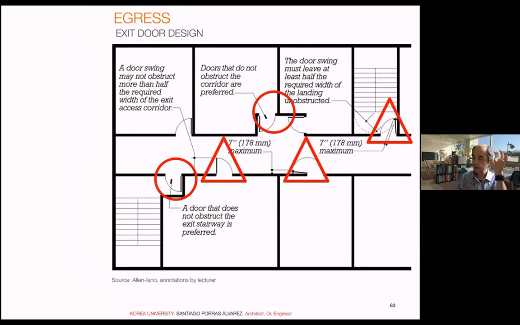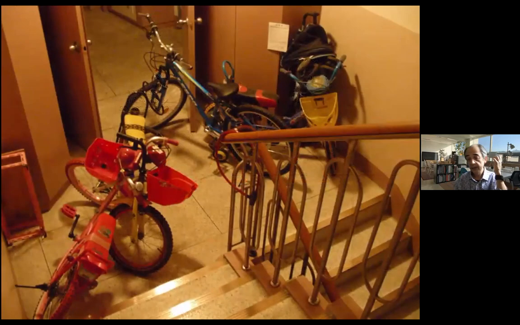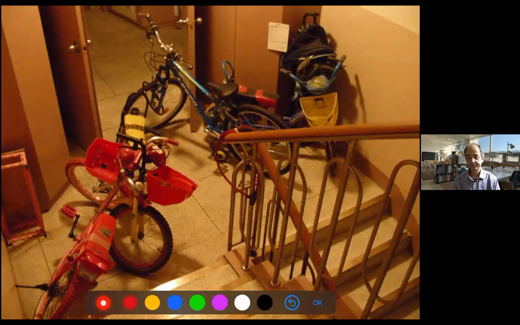In Korea, they are forbidden, as in most of Europe. If you have to escape this way and people open this door, you may end up crashing into the opposite side. If you open the other way, right, and people are running in this direction, you may not be able to open the door. The same in the stairs, right? So that opening is always a danger with people escaping. And there is also the use of the building.